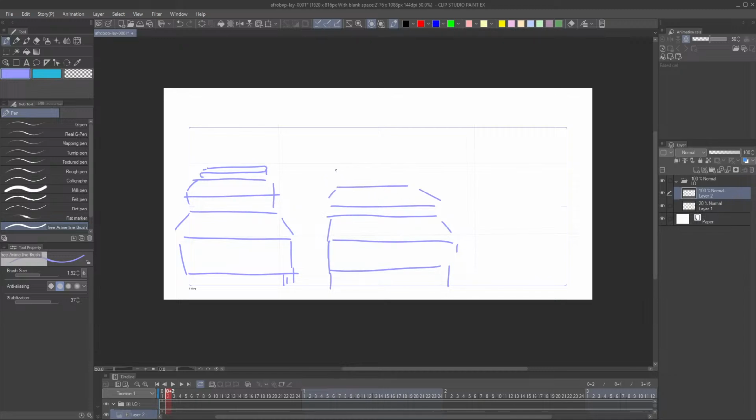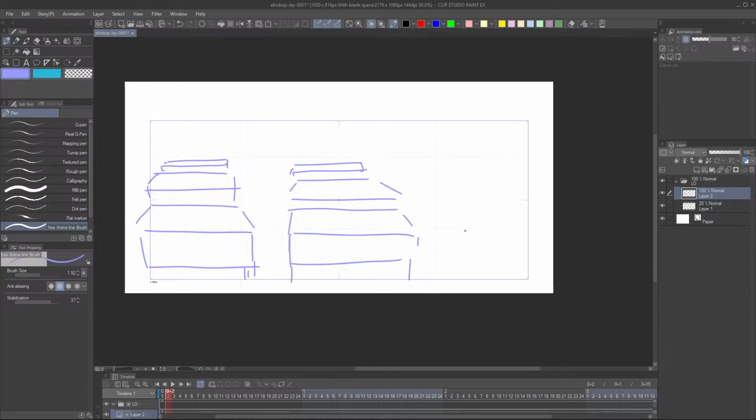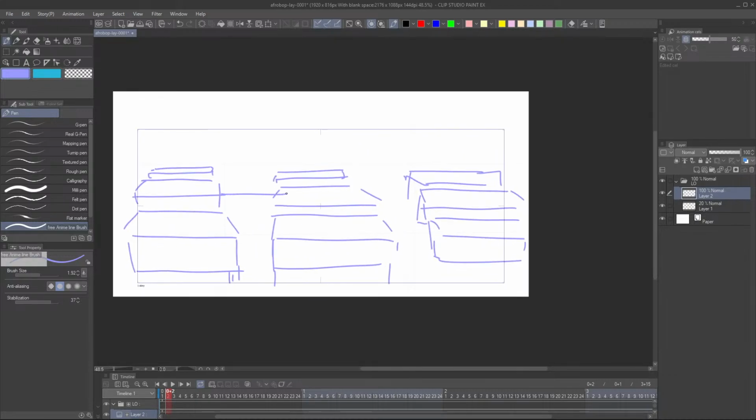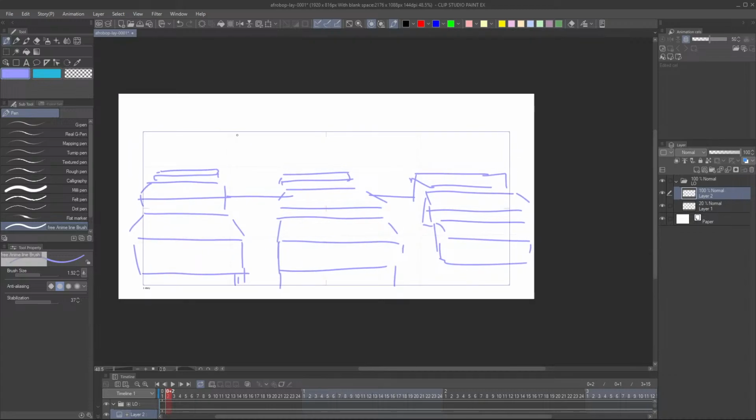So this is just a general idea, okay? So we have some chairs like that. And we have the desk there. Okay. Then we can have